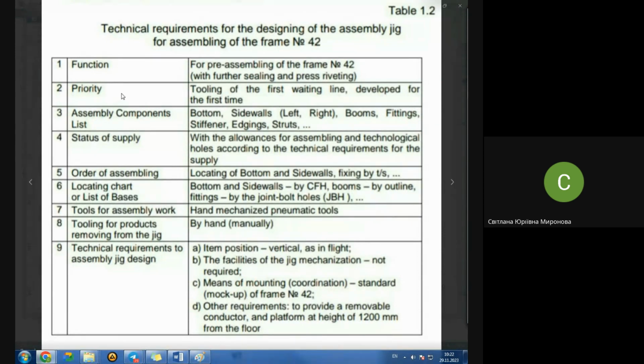Between the very first documents like composing the assembly diagram, the sequence of assembling, composing the locating chart and part supply conditions,